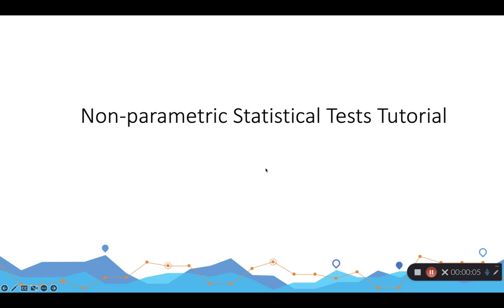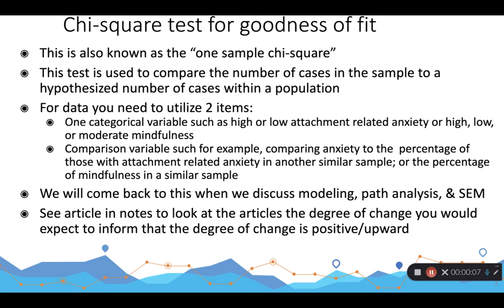Hello, and welcome to this tutorial on nonparametric statistical tests. Here we'll be focusing on the chi-square test for goodness of fit. This is also known as the one-sample chi-square. The test is used to compare the number of cases in the sample to a hypothesized number of cases within